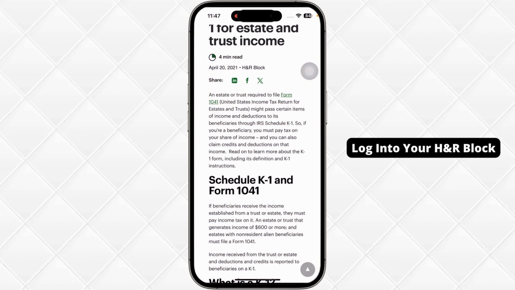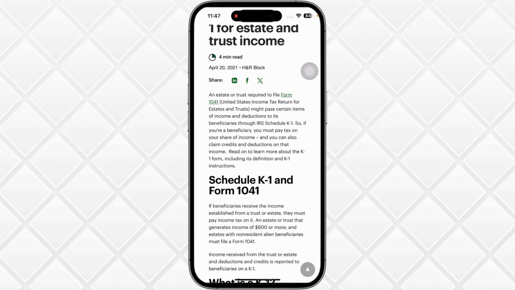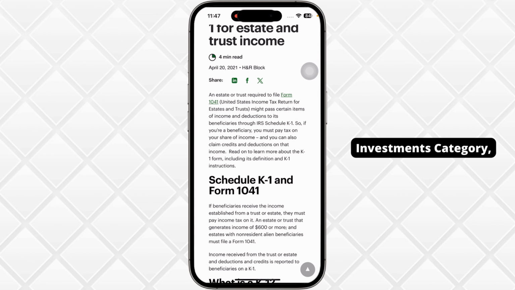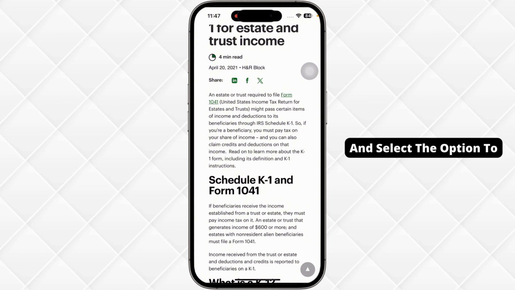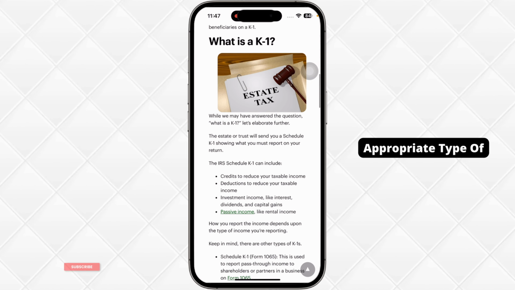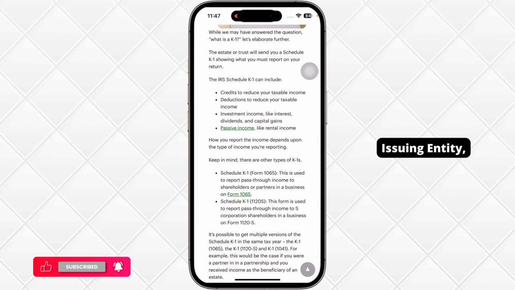Log into your H&R Block Online account. Then begin or continue your tax return. Navigate to the Income section, locate the Other Income or Business Investments category, and select the option to add or edit a Schedule K-1. Next, choose the appropriate type of Schedule K-1 based on the issuing entity, partnership, S-Corporation, or